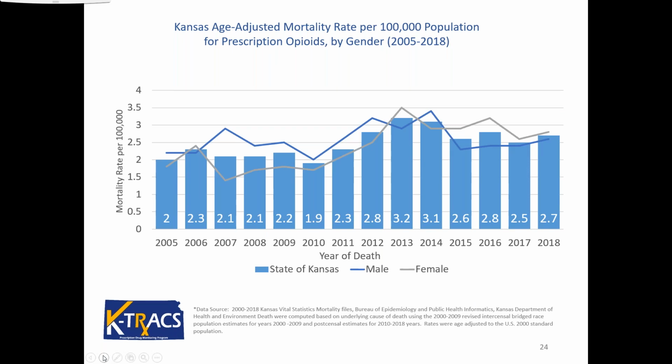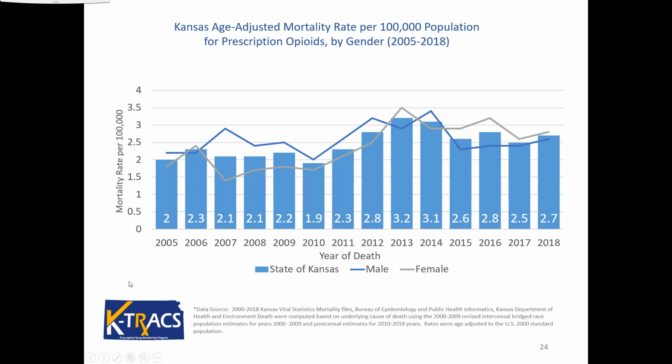I also just wanted to go through the age-adjusted mortality or death rate in the state of Kansas per 100,000 population. You hear a lot about how the opioid crisis across the United States is really impacting people and the death rate. What we found is that in 2016, 2017, we saw a decrease in the years of life expectancy in the United States. And some people attribute that to the opioid crisis in part.